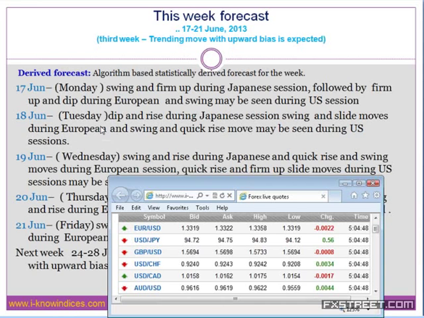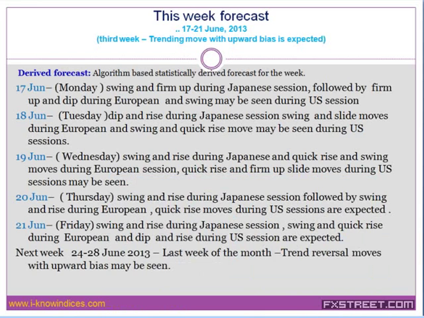Now 18th, tomorrow, they are expected to make a dip during the start of the Japanese session in the case of Euro and GBP, and rise towards the close of the Japanese session. Swing and slide moves again during the European session, and a quick rise move during the US session. So during the trending time, the first day of the week they make the false move. Then the second day of the week they make either way stop-ins. Second day, this happens to be 18th June, they will make either way stop-ins, upward stop-in followed by downward stop-in